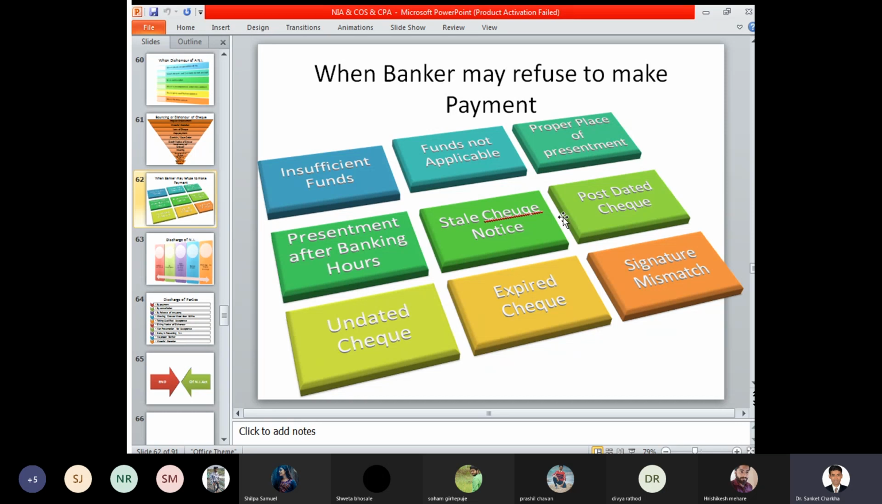The bank may refuse to make a certain payment of a check. Presentment after the banking hours. Now, as per the standard conditions, every bank has displayed its banking hours outside the premises. That is, the bank is open from 10 to 4, 11 to 5, 10:30 to 4:30, and so on. So, for example, if the standard time of a particular bank is 10 to 4, and if you go